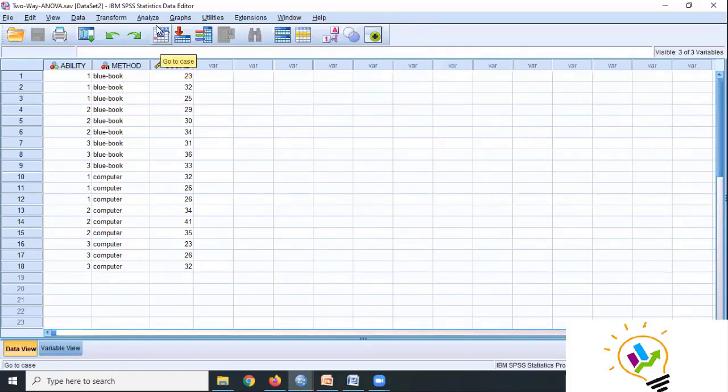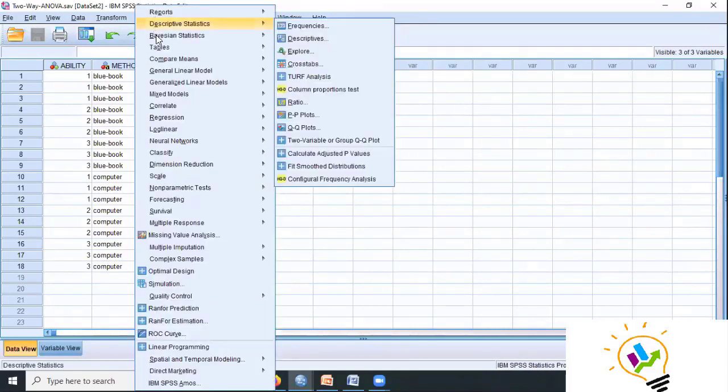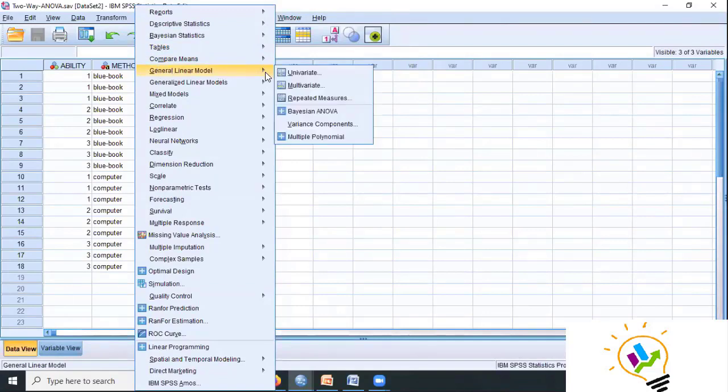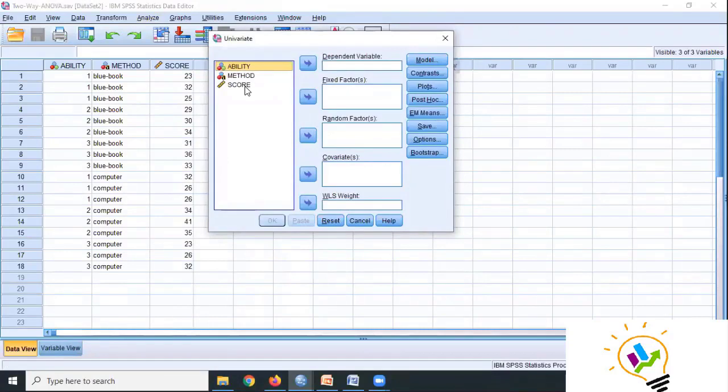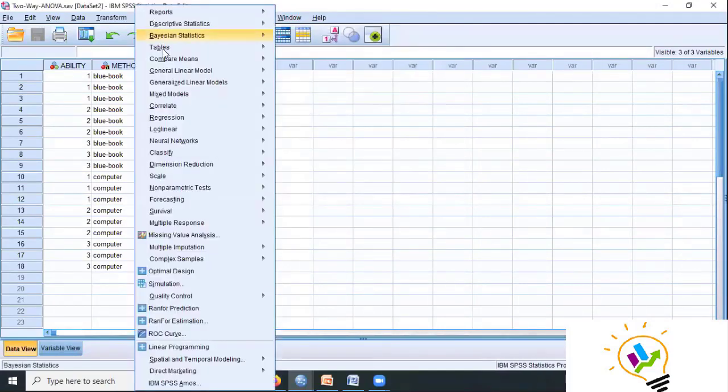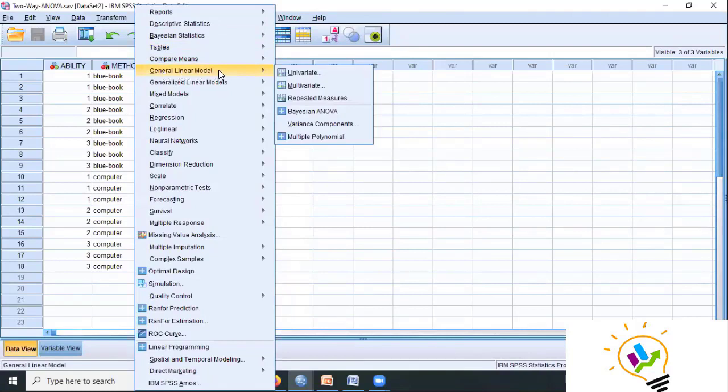To do this analysis: Analyze, Compare, General Linear Model, and we go with Univariate. Score is the dependent. Should I show the navigation once again? Yes, sir. Analyze, General Linear Model, Univariate.